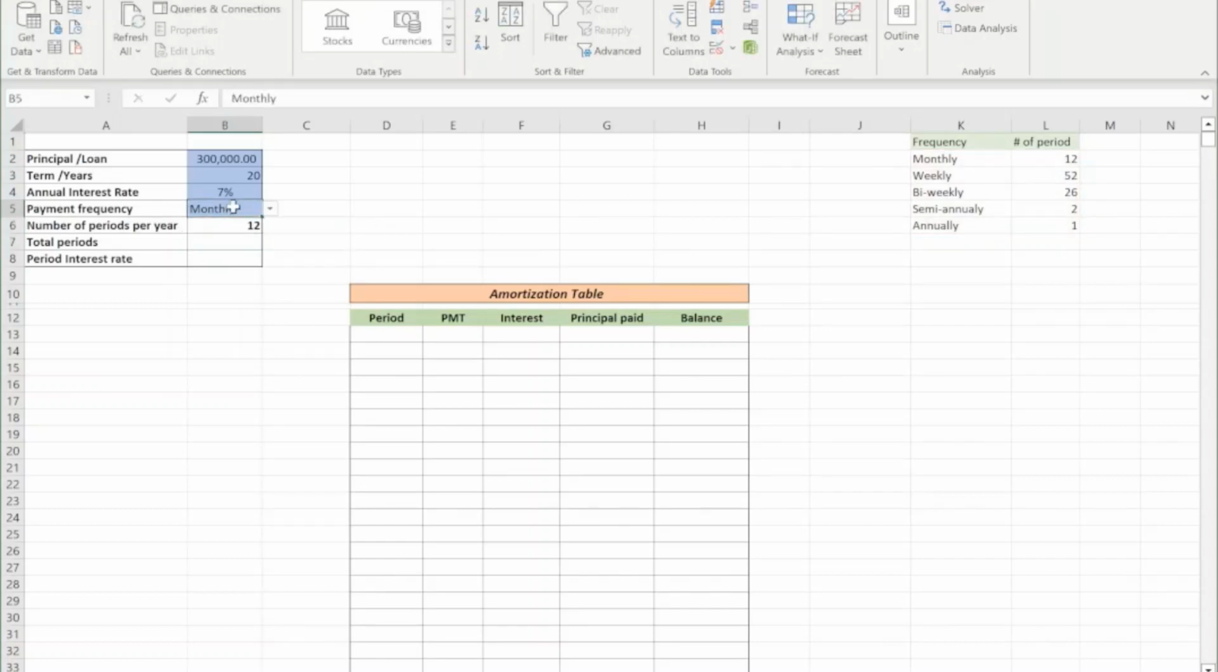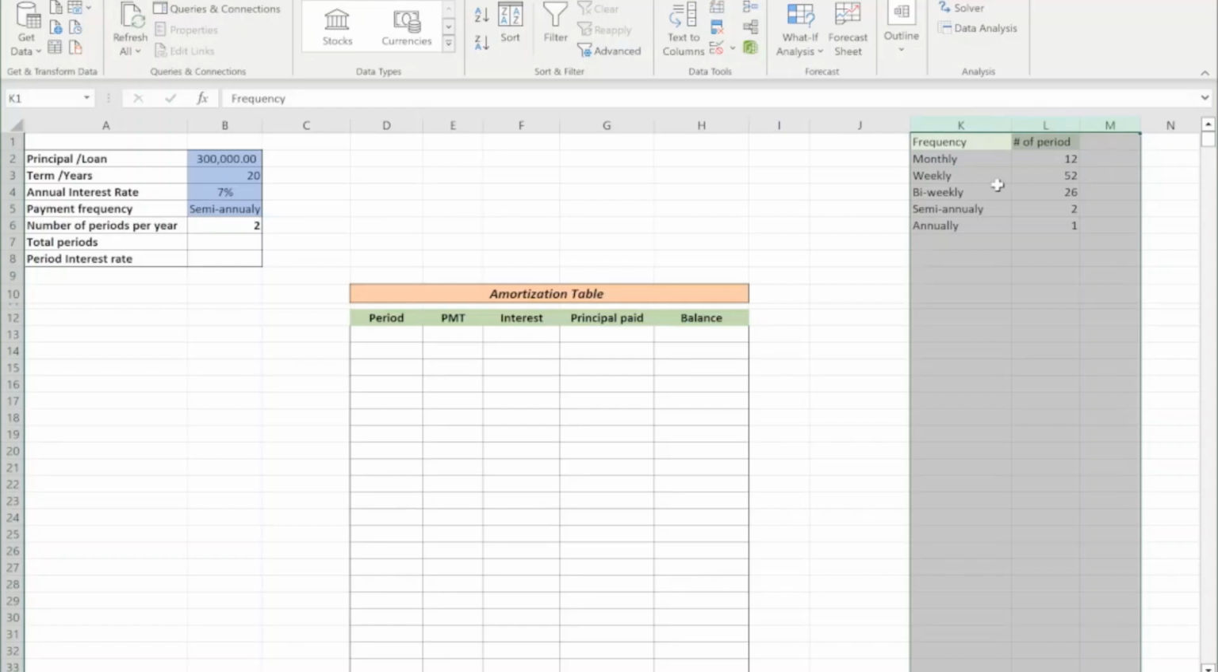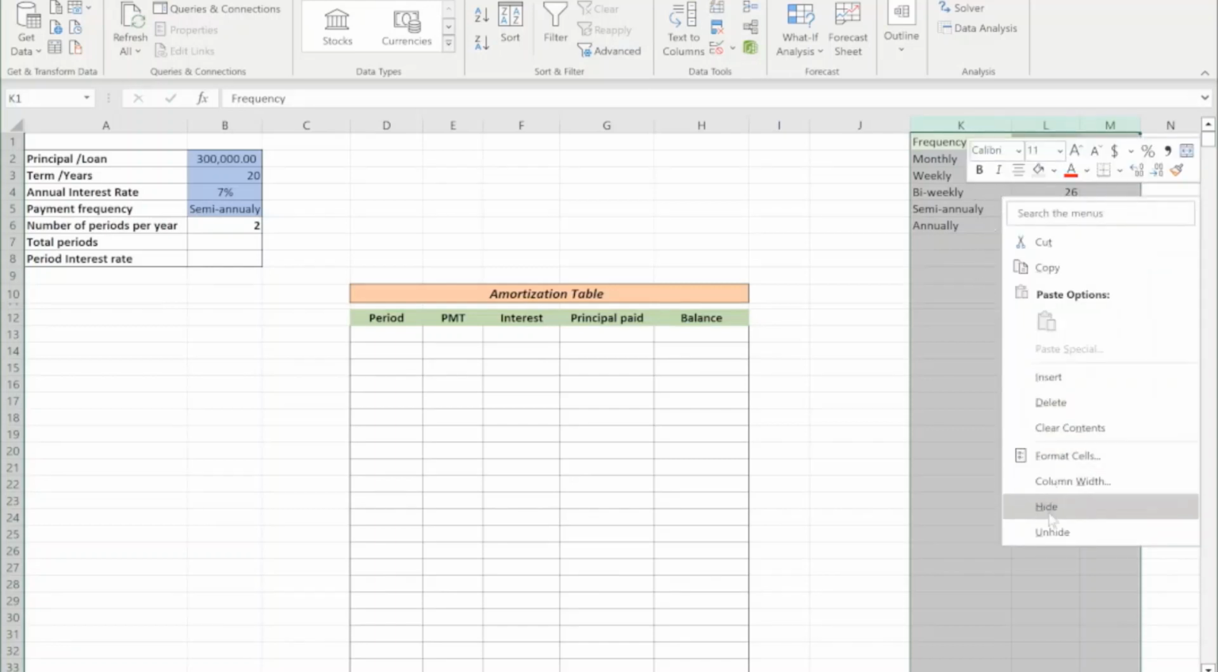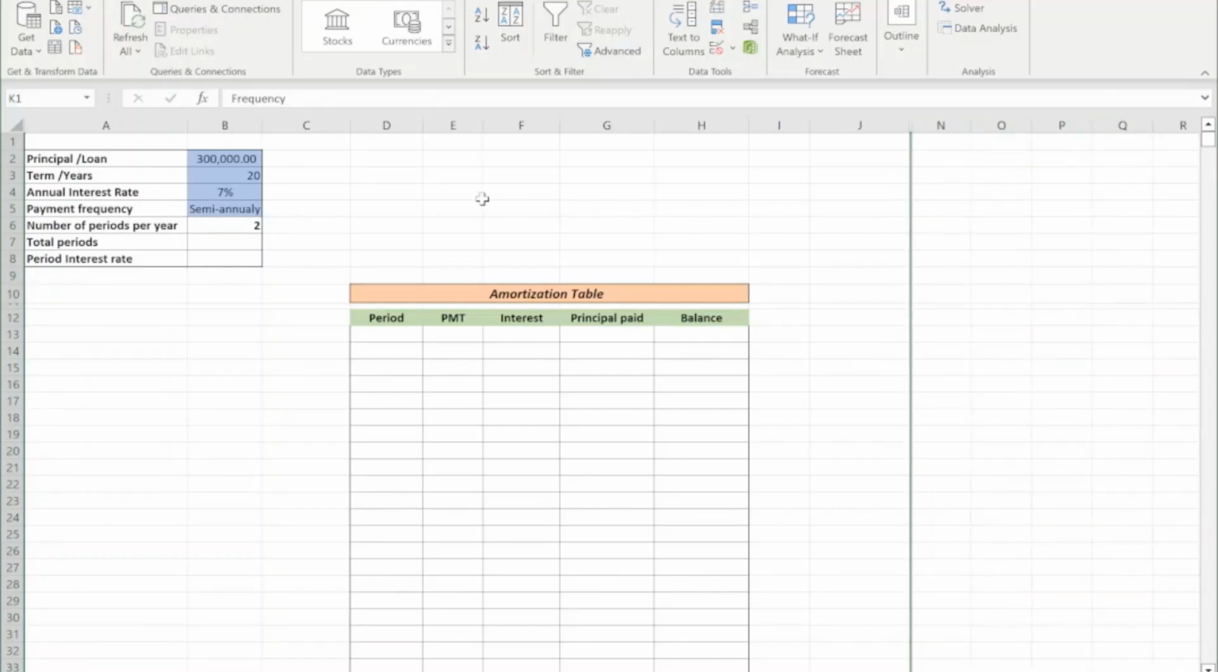Every time you choose the other options, let's say you change this to the exact numbers, it updates. You can hide this if you don't want other people to see it, or you can keep it in a separate tab. Your total periods would be your number of periods per year